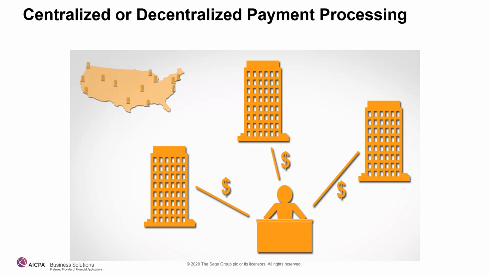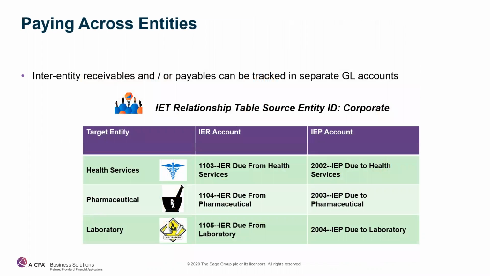It really is flexible enough for you to do this whichever way you choose. However, we're going to make it as streamlined as possible. We're going to eliminate you having to enter data multiple times. And more importantly, we're going to give you that visibility that you need to know what's being paid and where it's being paid from. In fact, we have the ability to set up what we call